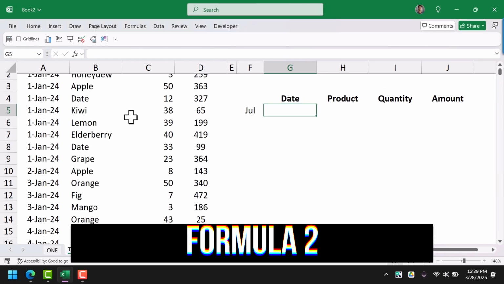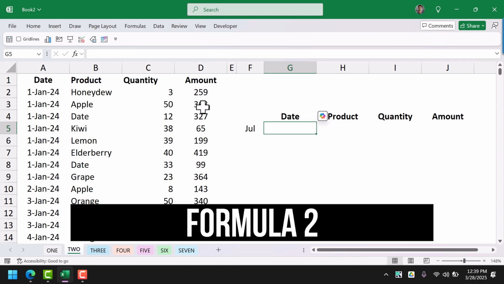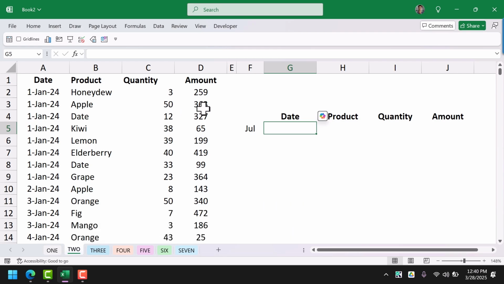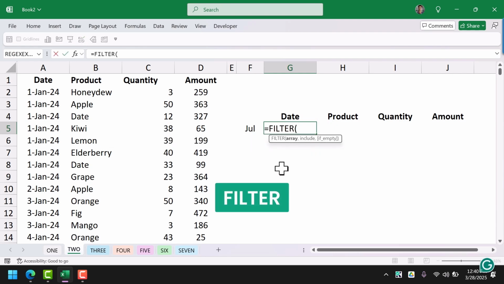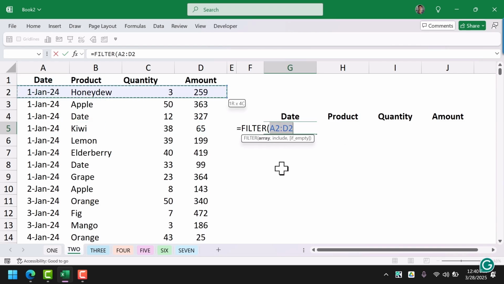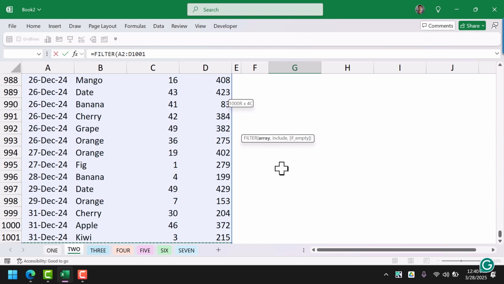All right, so here I have this data where I have date, product, quantity, and amount. Now I want to build a mechanism where I can extract data just by specifying the month name. This data is basically for the entire year of 2024. And here I want to have a data table or something like that to help me extract month-wise data. So for this, I'm going to use the function called FILTER. And in the FILTER function, in the first argument, that is array, I'm going to select this entire data that is in the range A2 to